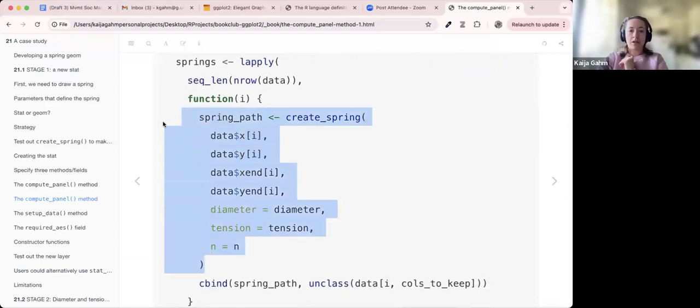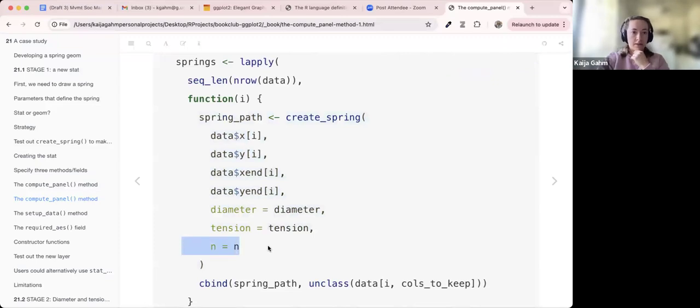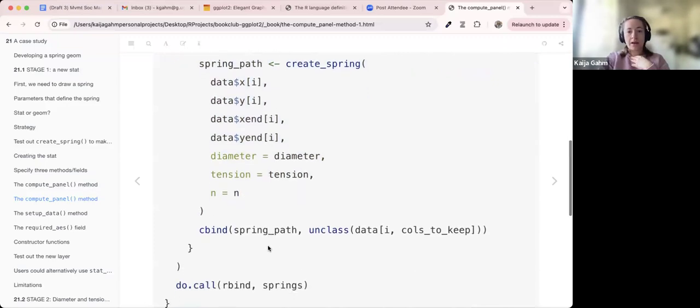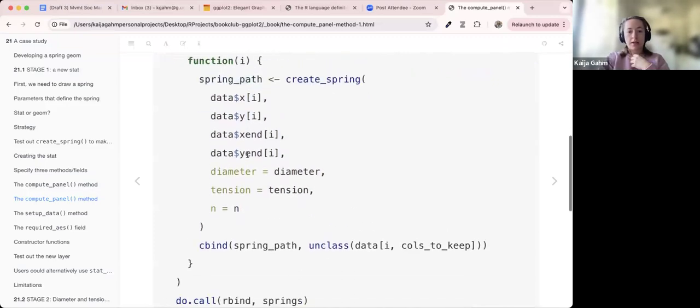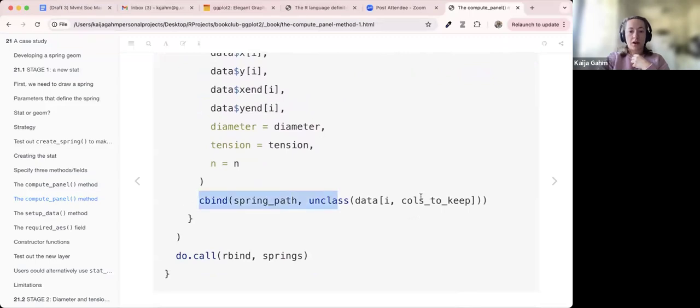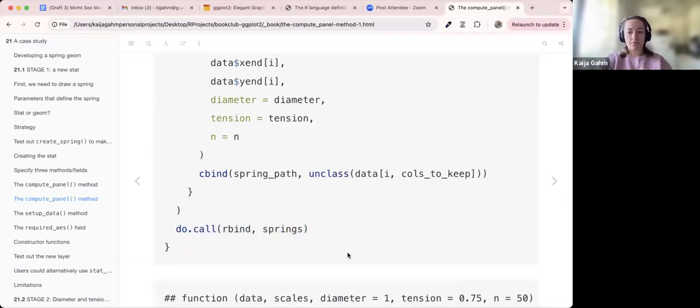So as you can probably imagine, this chunk of code generates one data frame that has as many rows as n is. So as many rows as we need dots in the resolution of the spring. And then it returns that spring path object. And then we can bind on the columns to keep. So that's all the other columns, attach that to the data frame. And then after that lapply call, we end up with a list of data frames and we bind all of those data frames together and return that from the overall function. That gives us our broader